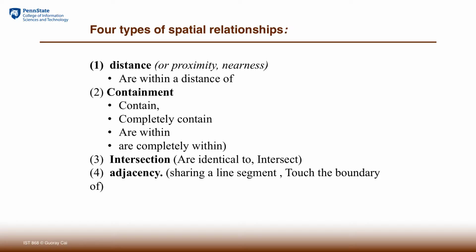So that's very general. And the last group of spatial relationships is called adjacency. It's a special type of intersection, but they don't share much except the boundary. The boundary could be touching each other or could be shared along segments of the boundary. For example, you can think of one parcel as a neighbor of another parcel if they share a boundary, maybe a street, maybe a property line. Okay, so that's different from intersect or contain.